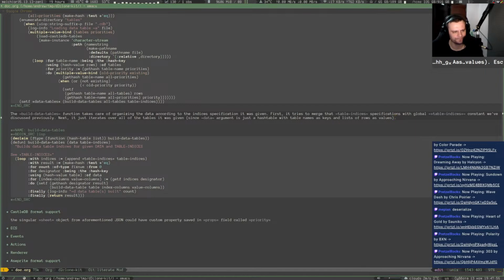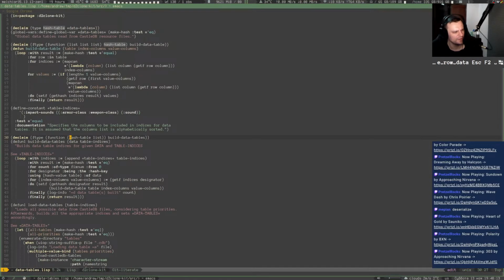So it iterates over all the tables it was given and just feeds the row data,